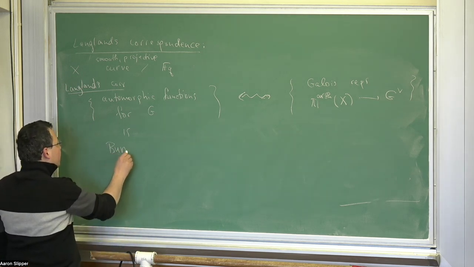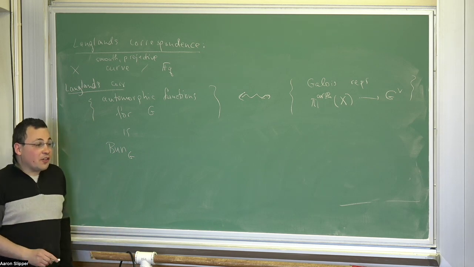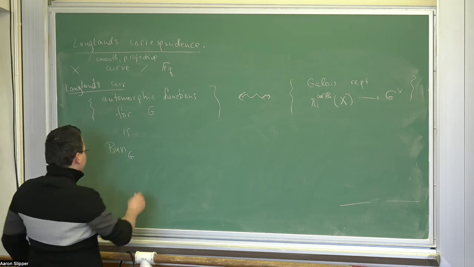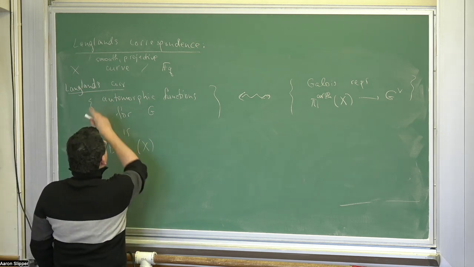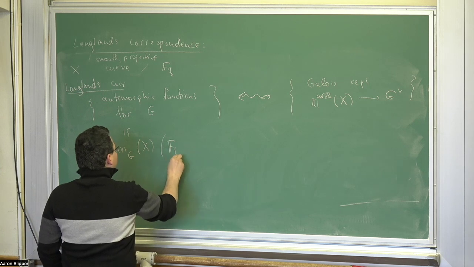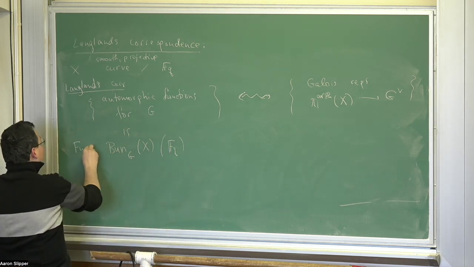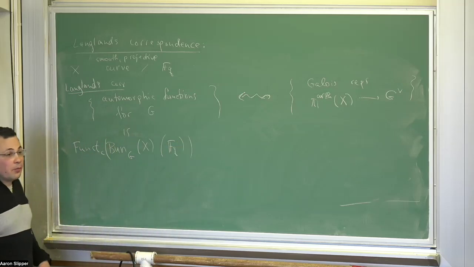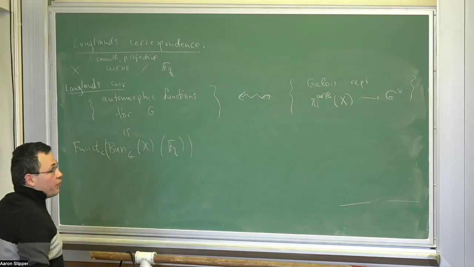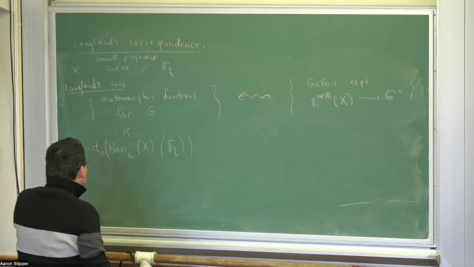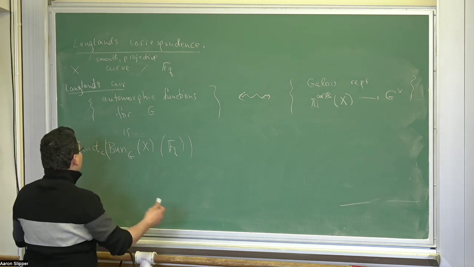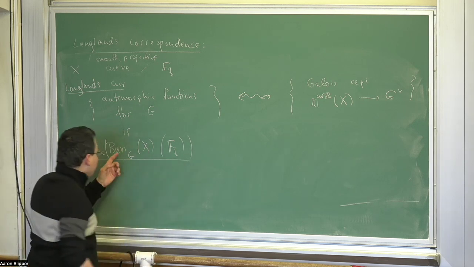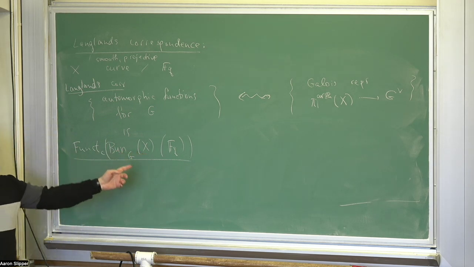Namely, we can form I guess the favorite object of this seminar, which is the moduli stack of G bundles on X, and take the FQ points on this. And this is the space of compactly supported functions on the FQ points of this stack. And the point is, what's nice about it is that you can try to study this by studying the algebraic geometry of this moduli stack.